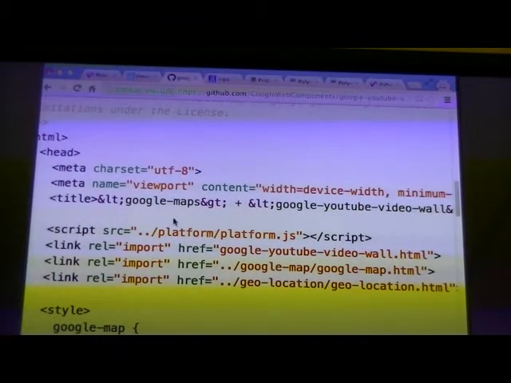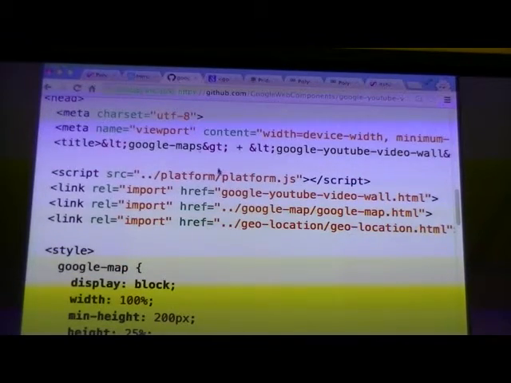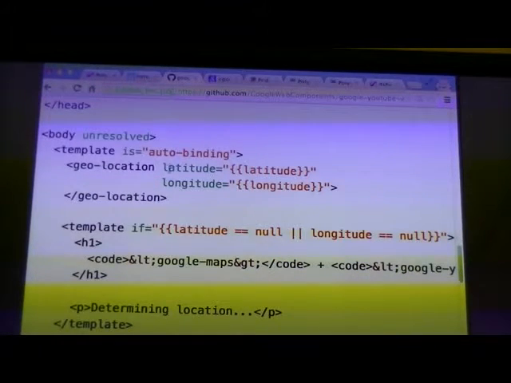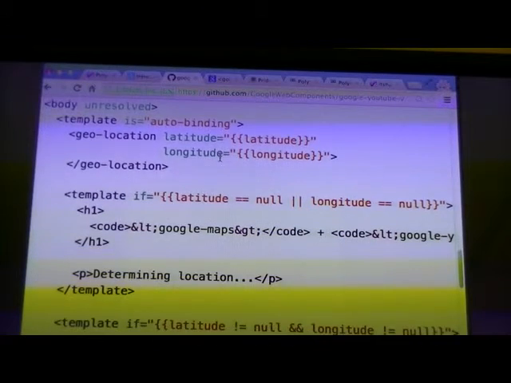So again, we're pulling in this platform, Polyfill. We have a few styles from over here. And so we have a geolocation element. This is going to end up publishing latitude values. It's a little confusing because it's kind of like two-way data binding, and you don't always know what publishing value is most consuming. And the answer is it's both publishing and consuming. In this particular case, the initial latitude and longitude will come from the geolocation, and we